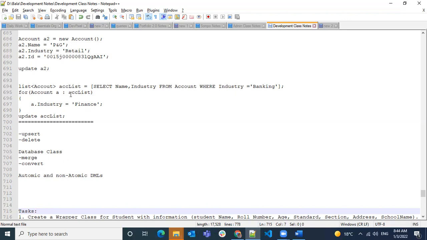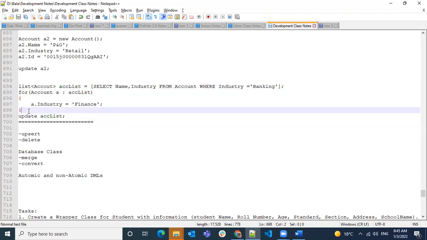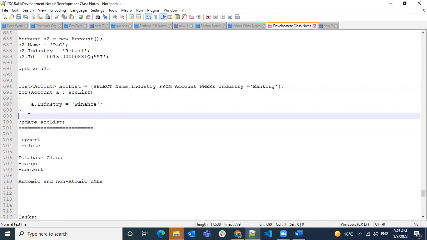Similarly, like insert, we can do update on a single record or multiple records. So here it could be multiple or single or no records also possible. There might be no records with the industry as well. So you have to make sure whether you have data in it or not before doing the update operation. You can add a condition saying if it is not null and not empty.